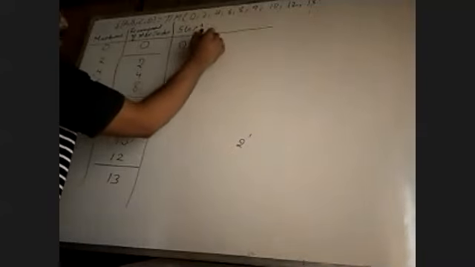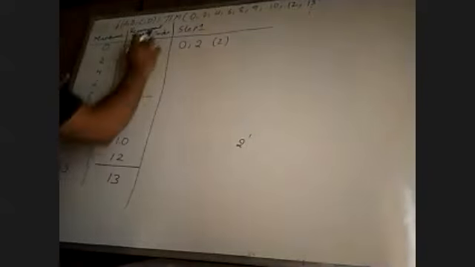Step number 1. What we have to do now? The same procedure applies for POS or SOP. We have to compare the second group with the first group, and the comparison must be valid. Valid means the difference must be 2 to the power of n, and the second group must be greater than the first group. Therefore, if you compare 2 and 0, this is a valid comparison. Write 0, 2 with the difference 2 in the bracket. After the comparison, make a tick mark.